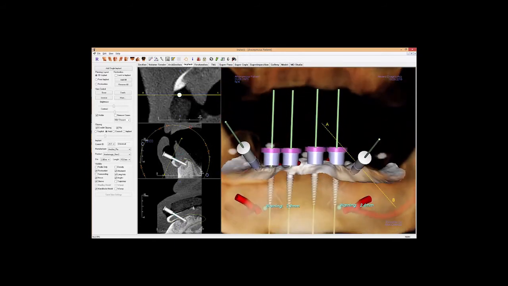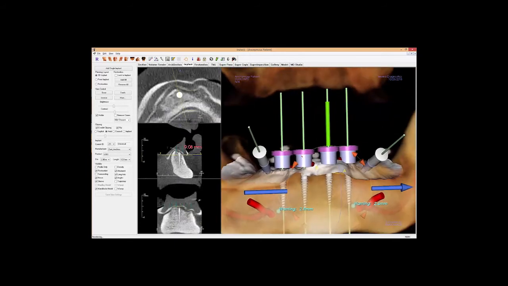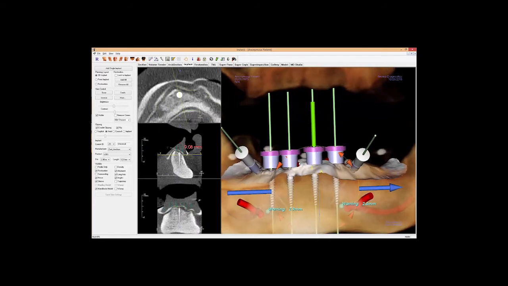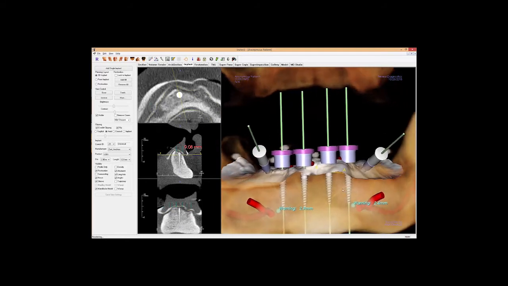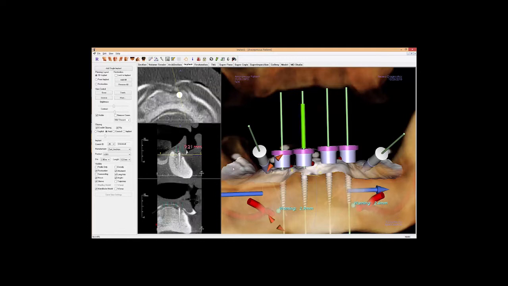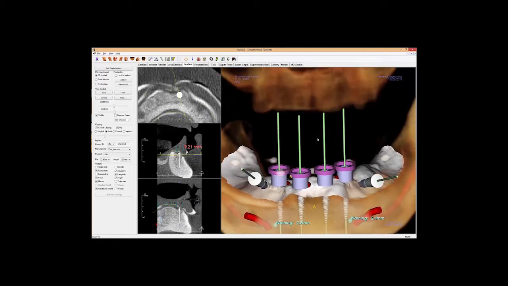In this case, these little red collision indicators are telling us where we're having issues, and we can see what that looks like in the 2D as well. In some of these cases, it'll just be the sleeve is impacting the soft tissue, and it may or may not be an issue